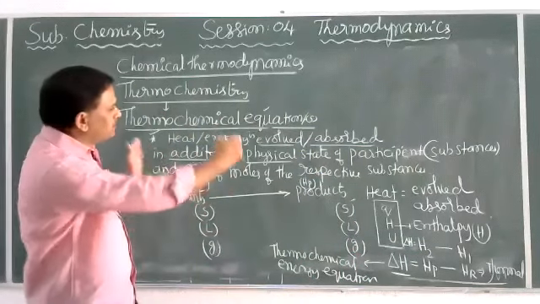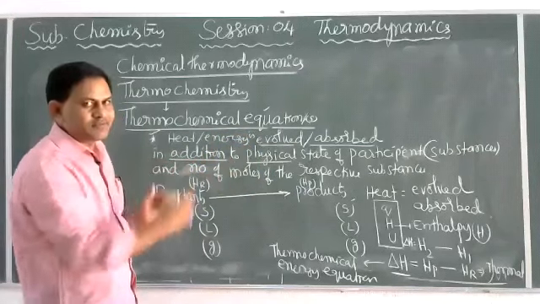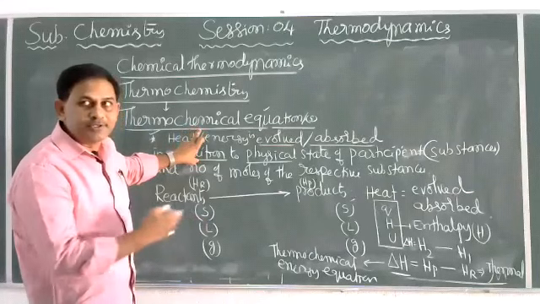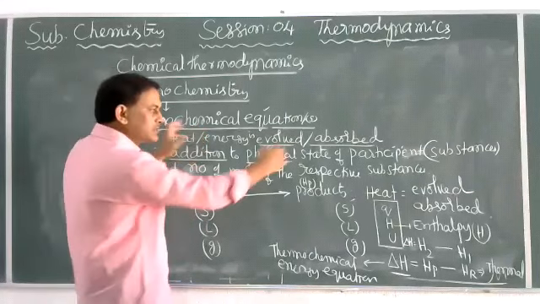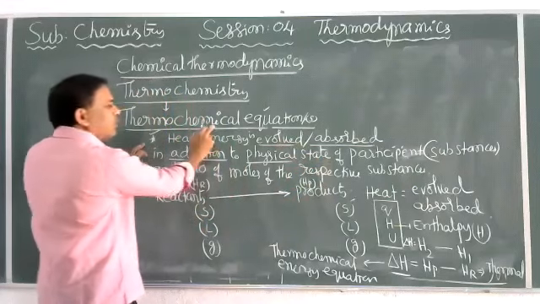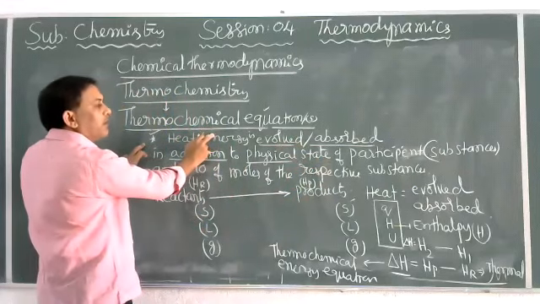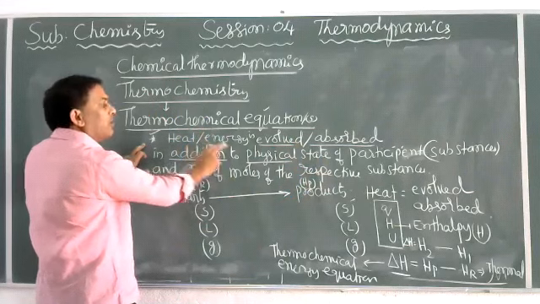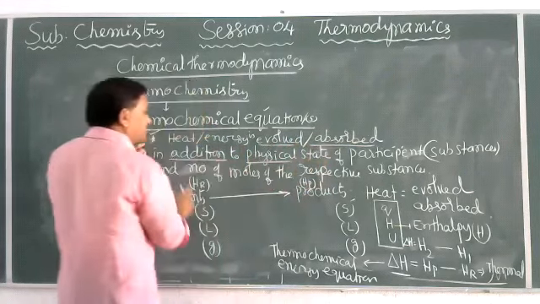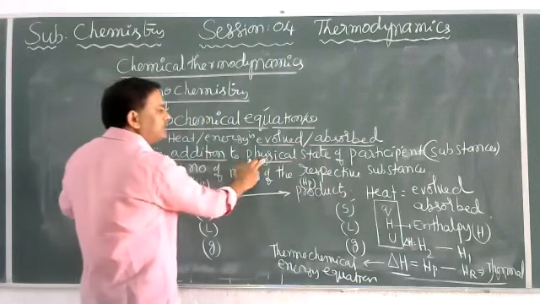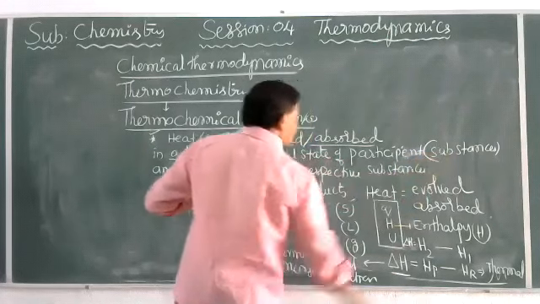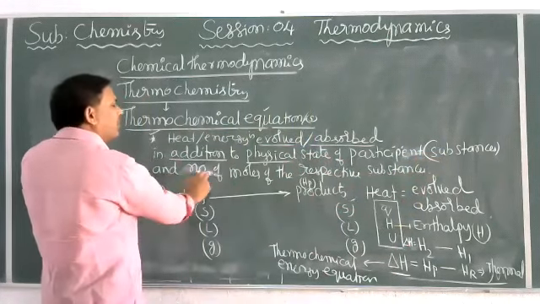By using simple analysis, simple explanation, we can create so many different definitions. Remember, thermochemical equations are the type of equations in which the amount of heat is evolved or absorbed during a chemical process in addition to the physical state of participants or substances, and the number of moles of the